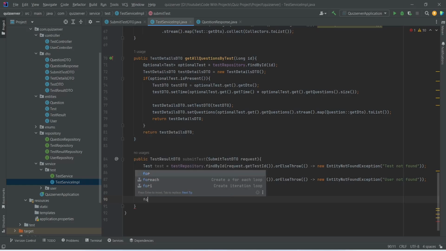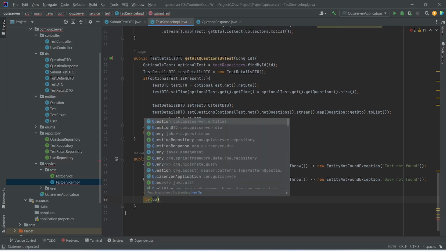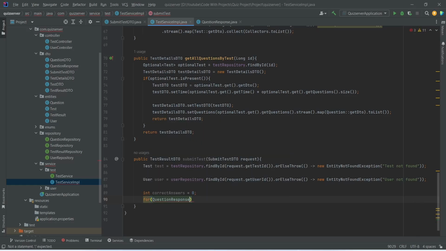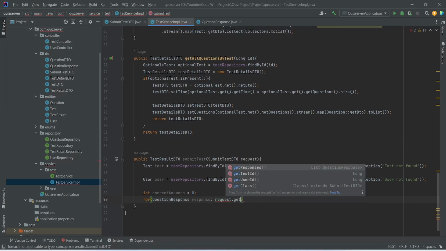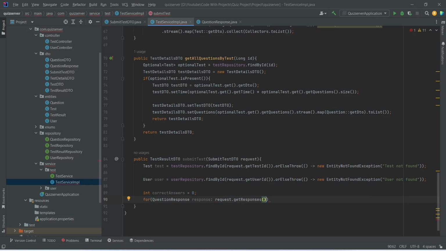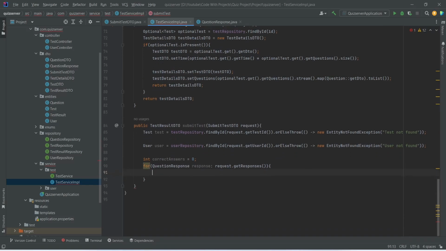And to do this, we will write for. And in this, we need to create question response object. So we will mention question response and we will name this as response. And after this, we will use request and we will call a method get responses to get the list of the question responses. And after this, in this for loop, we need to get the question from the DB, and